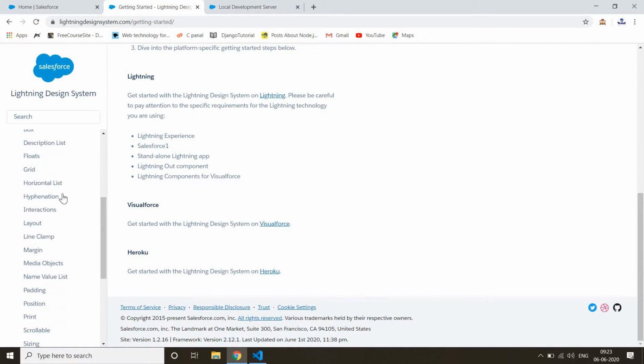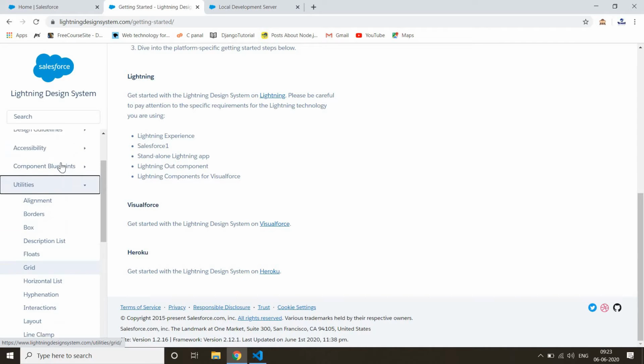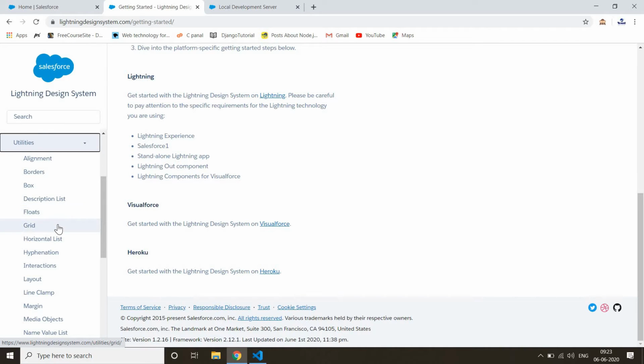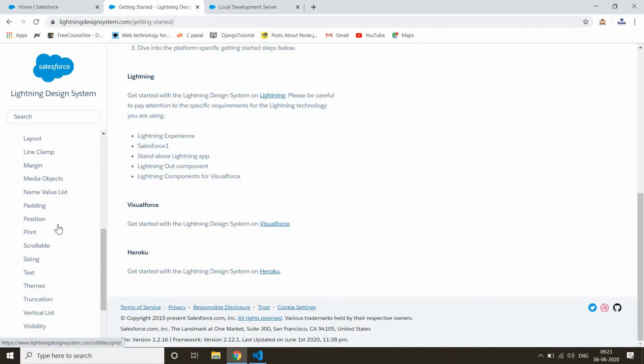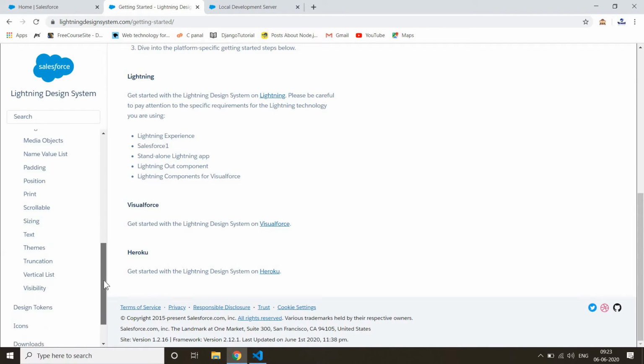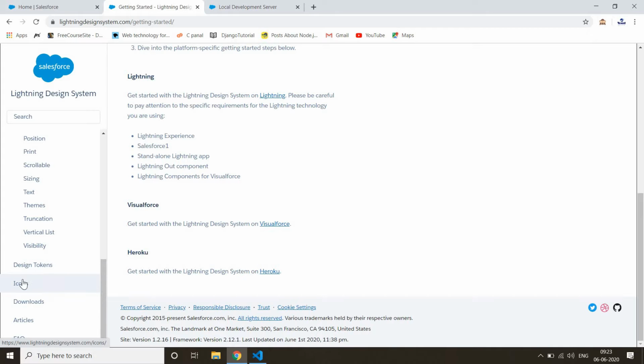In the utility section you can see the simple design system classes like grid, box, float, layout, margin, padding, position, text, and also icon.